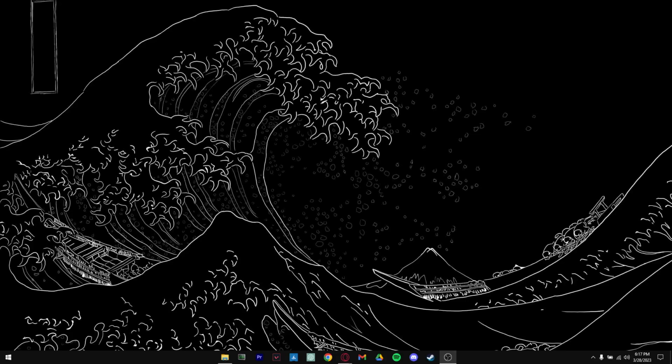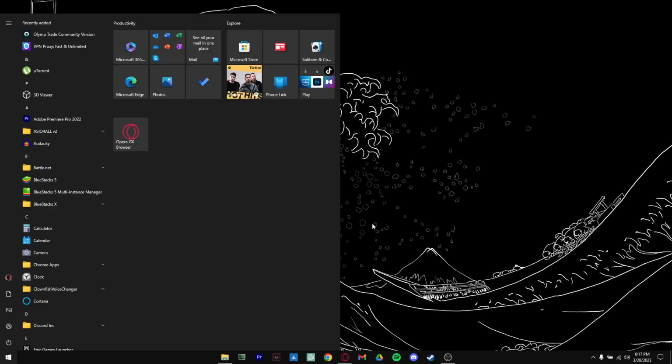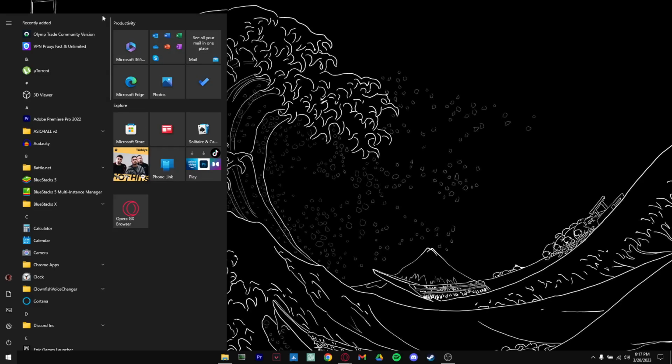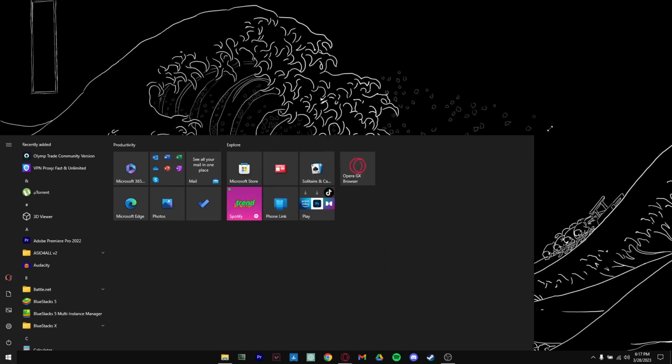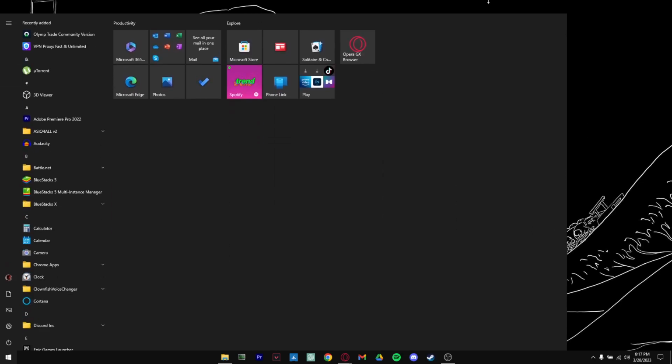Hey everyone, in this video I'm going to be showing you how you can use the start menu on full screen in Windows 10. As you can see, as of right now, when I press on the start menu, it is like this. For you it may be even smaller, preferably like this. Now you can make it as big as possible like this, but this is still not the full screen that